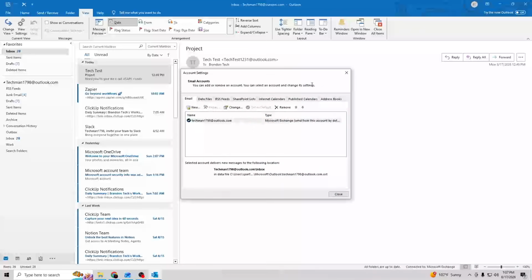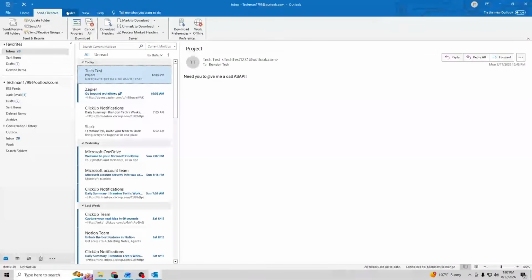with your Outlook application. If it's still not working, you can go to the Send and Receive here, and then click Send and Receive All Folders. What this will do is that it will sync all of your emails in your accounts. So just click that, and then just wait for that to finish. It will open up this window here, and if you're still having problems, what you can do is fix your